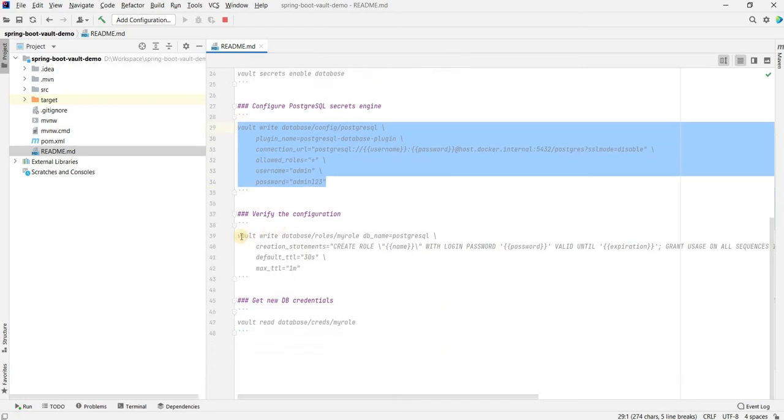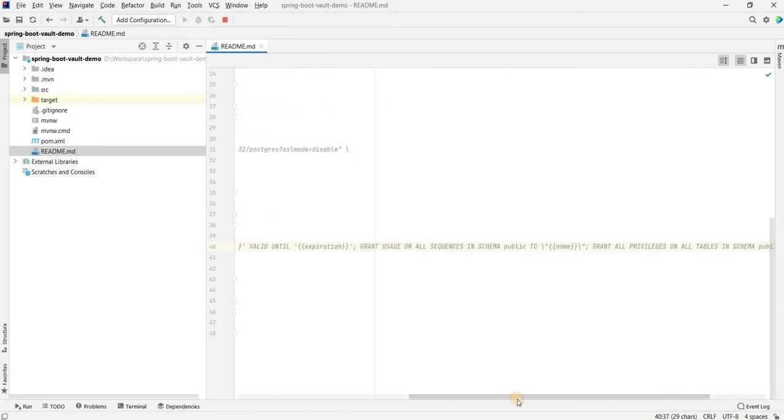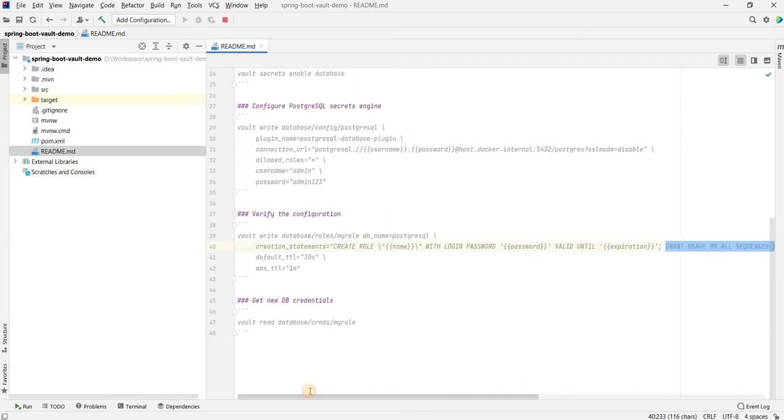Moving on, the next command is basically providing Vault with the user creation statement. The Vault has to know how to create the new Postgres database users. That's where this creation statement comes into the picture. The main part is the grant usages. So what privileges will the newly created user have? All those grant privileges should come in here. Based on your application, you'll have to change this accordingly.